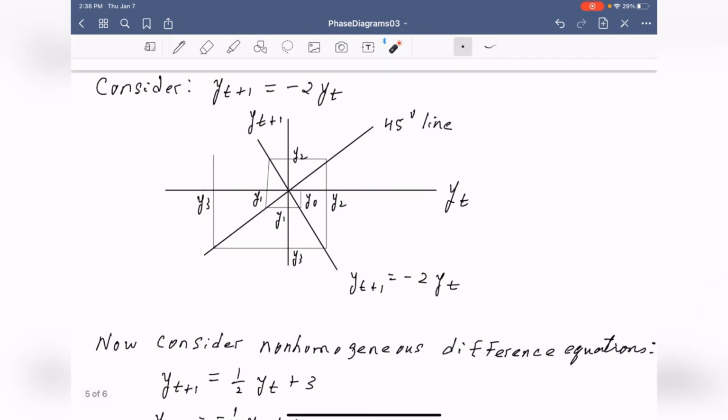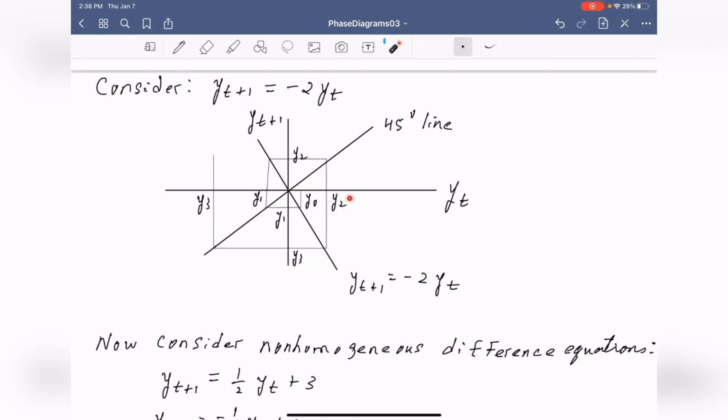line. So here we have y_{t+1} equals minus 2y_t, and we start here at y0, drop down to the line, and then across. That gives us y1 on the vertical. Then we use the 45-degree line to find y1 on the horizontal. Then we use the function here to get y2 on the vertical, the horizontal line, the 45-degree line to find